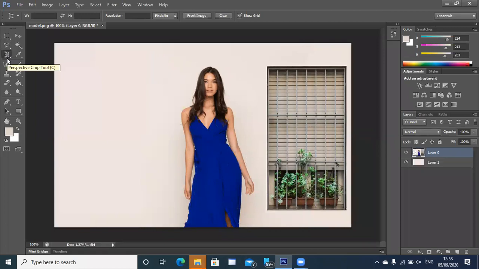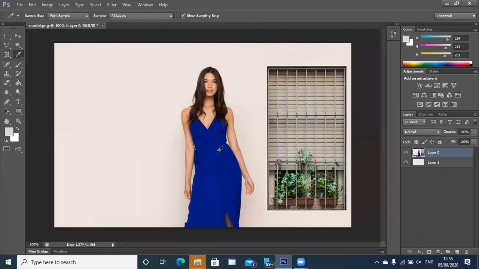A perspective crop tool I was explaining is usually used, for example, have you ever used CamScanner with your pages? If your page is a little tilted, when you use CamScanner, it will convert it to a proper tilt and show it to you. That is the same work as the perspective crop tool. So there are a variety of tools there also. You can just have a look. Then there is the eyedropper tool.